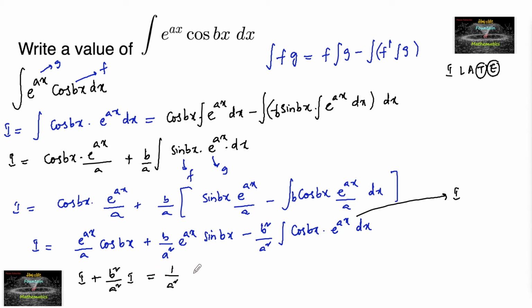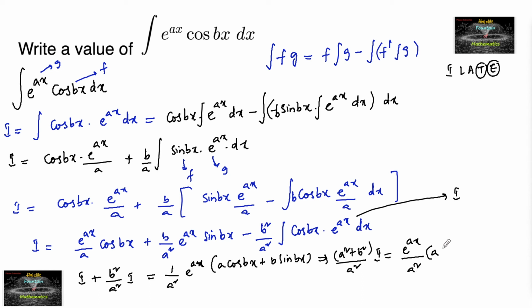so we can take out 1 upon a square, so we have e to the power of ax common, so we can write a cos bx plus b sin bx, or we can also write this as, by taking I common, a square plus b square upon a square of I is equal to e to the power of ax upon a square of a cos bx plus b sin bx,